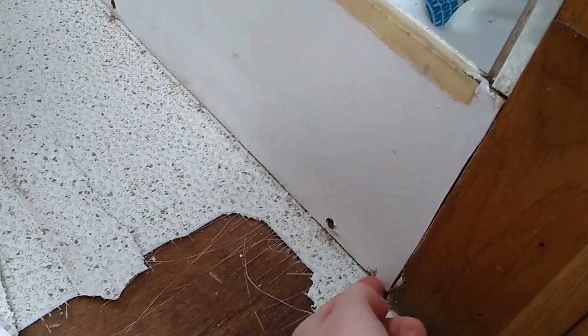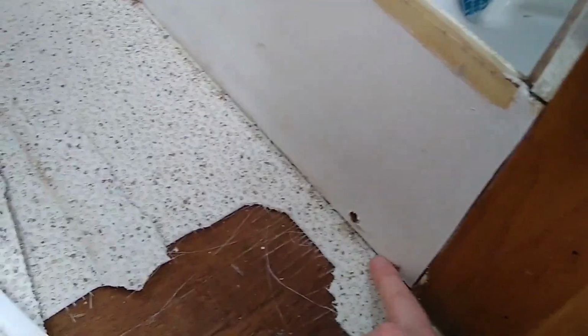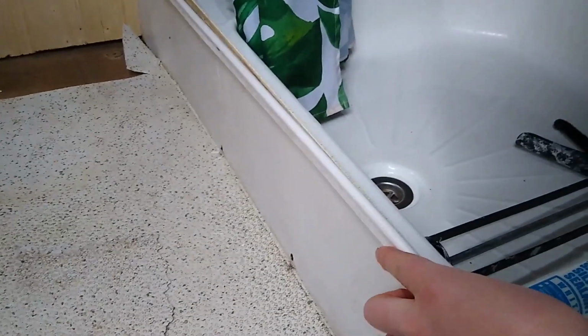Making okay progress with this. So it's under this floor, so I've had to cut it, but that's fine. And this is all sticky and gross. And then I thought it's underneath this panel, so I thought it'd be easier to take this off rather than cut it along here. So this was siliconed in the bottom, so the silicone came out fine, and I thought, okay, it's got 3 screws in. I'll take the 3 screws out, and it had this sealant strip over here. So took that off, unscrewed the screws,